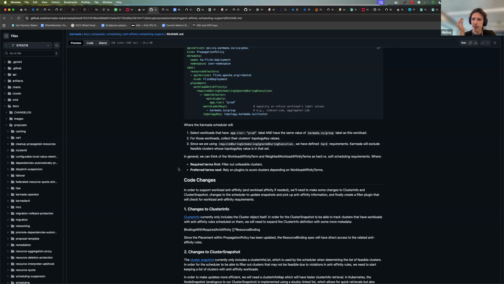However, in our case, each Flink deployment is its own YAML, and there is no link between separately applied YAMLs. If I set a spread constraint across clusters, correct me if I'm wrong, I haven't been able to use the propagation policy API to spread separately applied resources across different clusters.